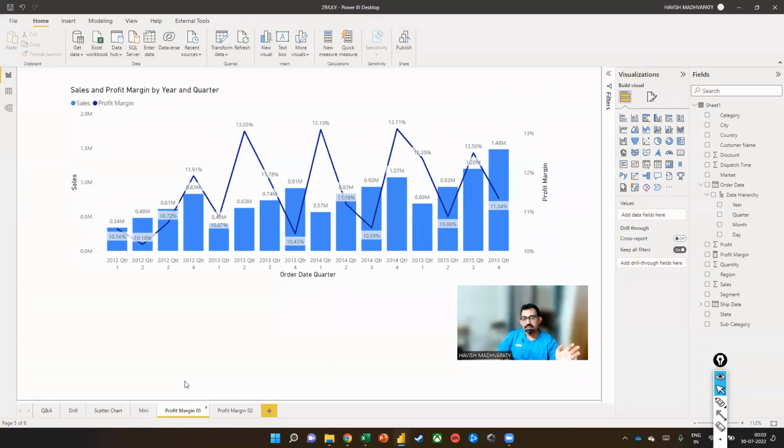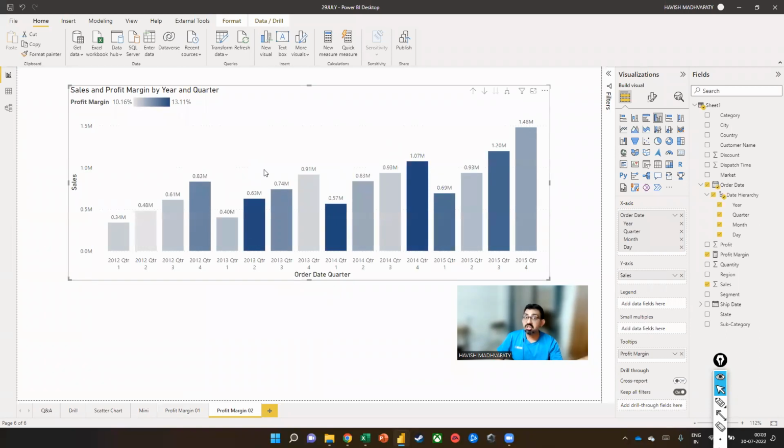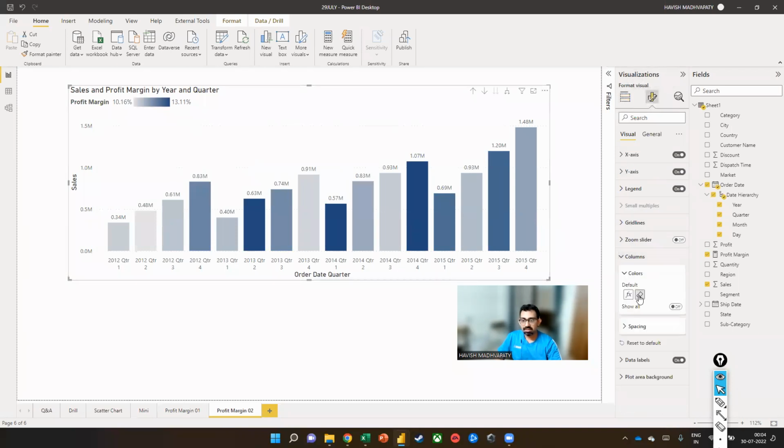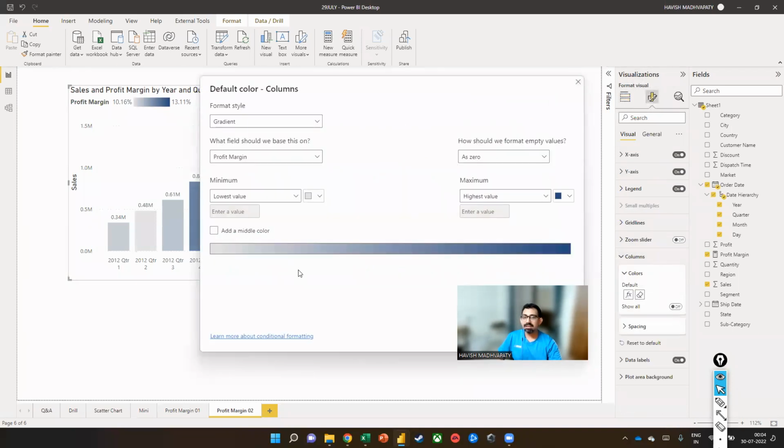So, profit margin, we have done the combo chart, which has the column for the sales. And we also have the line that is expressing the profit margin value, right? We also did this with a conditional formatting where the height is presenting the sales value and the colors are as per the profit margin. Now, this is a gradient. If I can show you the formatting by clicking on FX, you can see that the low value is a green and the high value is a